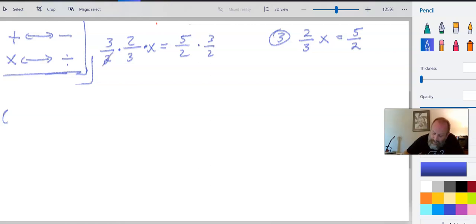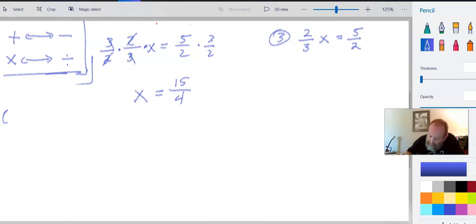So here, that will cancel with that, cancels with that, and that leaves me with a 1. So I just have x by itself here. And then on this side, I just need to multiply everybody out. 5 times 3 is 15, and 2 times 2 is 4. And so, this is actually not a bad thing to check. I know it seems like it should be harder to check fractions, but you're just multiplying them. And that's something that